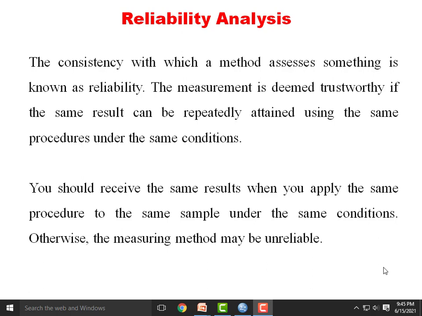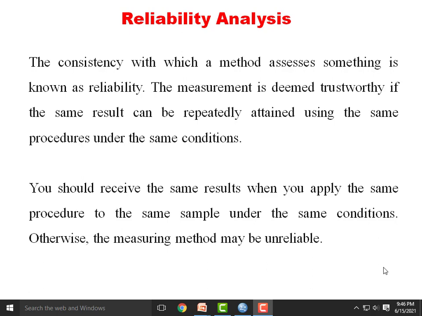When we are using a questionnaire to collect and analyze data, we have to check the reliability of the variables used in the questionnaire. The consistency with which a method assesses something is known as reliability. That is, our instrument should be consistent in giving the same result.